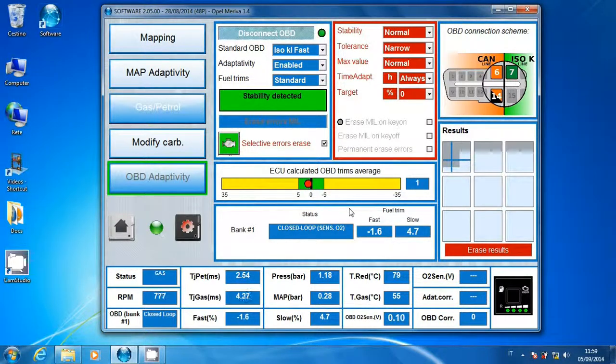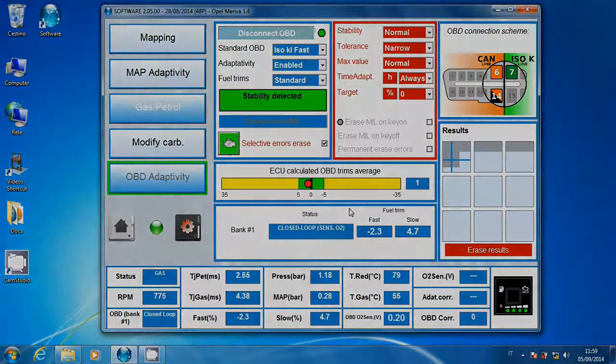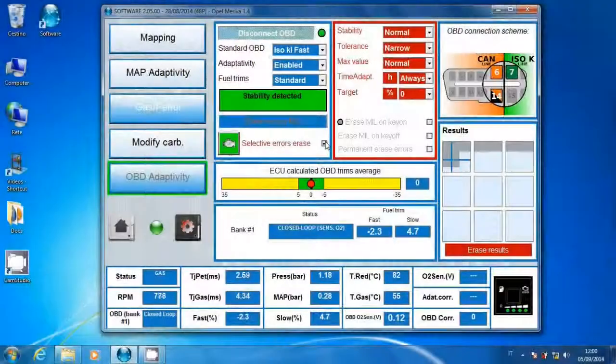Now I reconnect all the sensors. Okay, now we can remove selective errors arrays. Okay, here it is. Well, now let's see the erase MIL on K-on feature. This one. Okay, well, basically this feature sends just a single DTC errors erase command every time you turn on